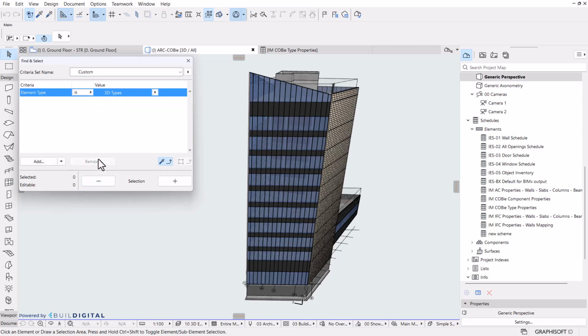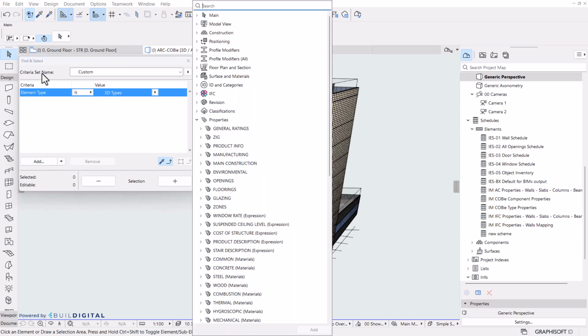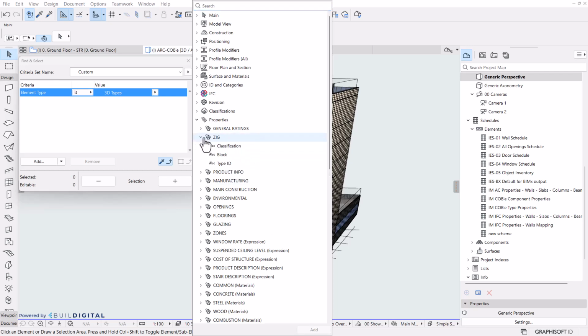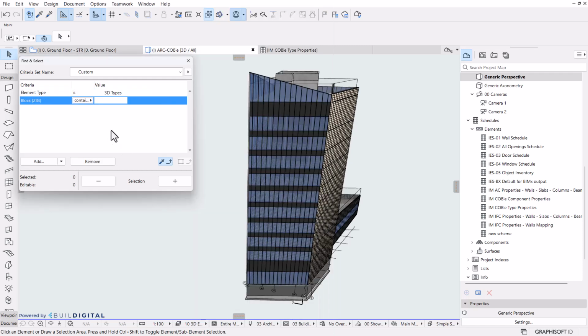Remove and remove. And now that we have no values there, let's build up a find select criteria that picks up, let's say, the Zigurat block, and click on add. In this case, I'm going to go for finding the elements that have a custom value. And prior to recording this video, I had set one of the elements in the model to a custom value,